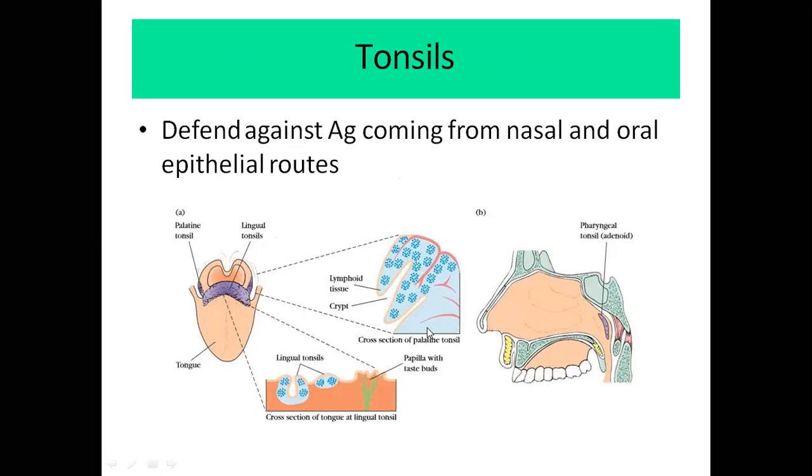And then, see here, this is the pharyngeal tonsil. So what happens? As the antigen enters the tonsil through this crypt, they form a lot of antibody in this area, and there will be the formation of dendritic cells and macrophages, and then they will all engulf it within the tonsils only and kill it within itself. They will not let it go out and infect other parts of the respiratory tract. So everything happens within the tonsil itself.